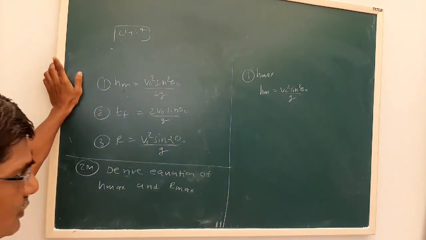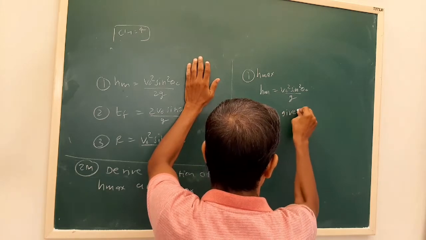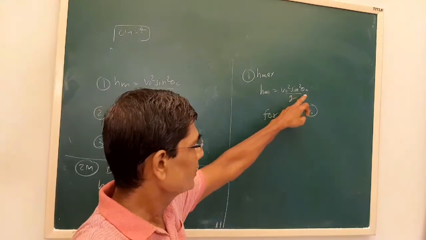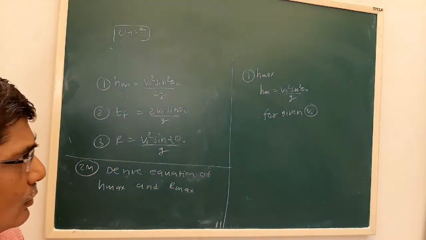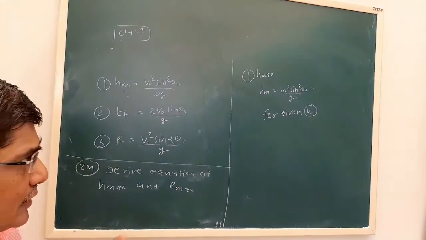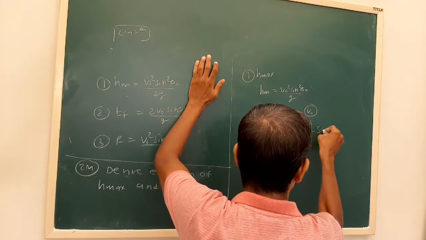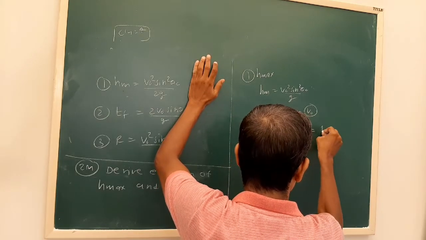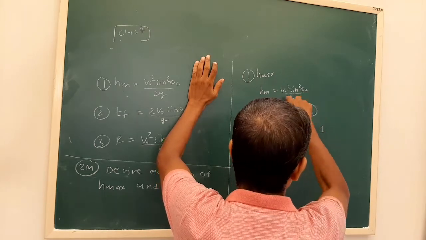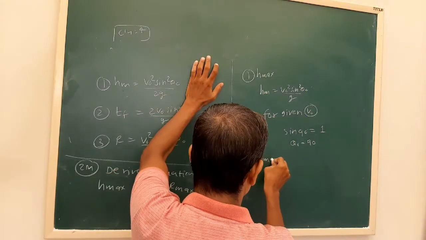Now see, for given V0, V0 we consider constant, G is always constant, so the only variable is theta 0. Now when will this attain its maximum value? That depends on theta only. We know sin 90 is 1. So when theta 0 is 90, this value will become maximum. So Hmax in that case,